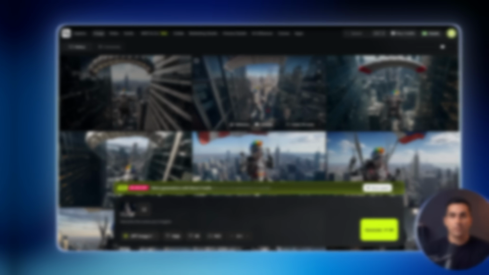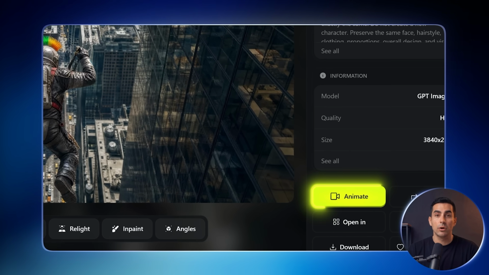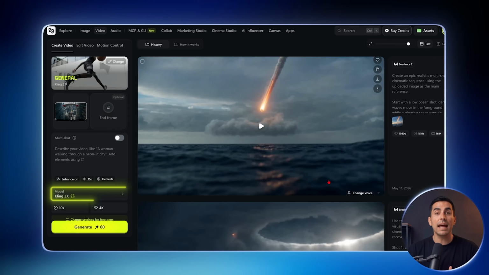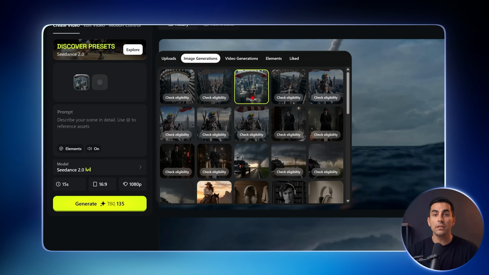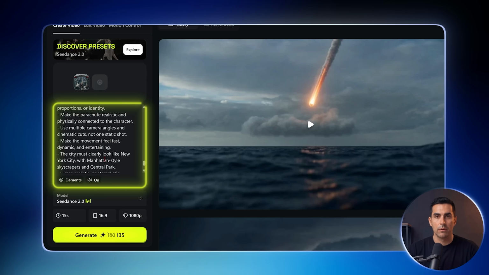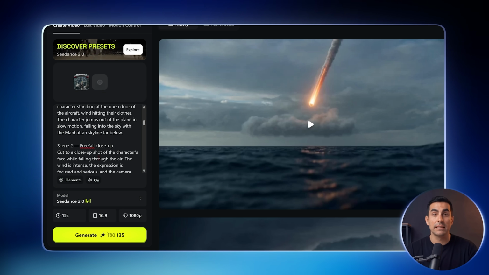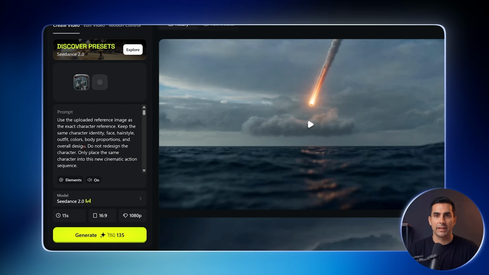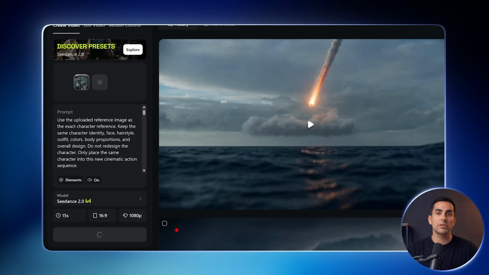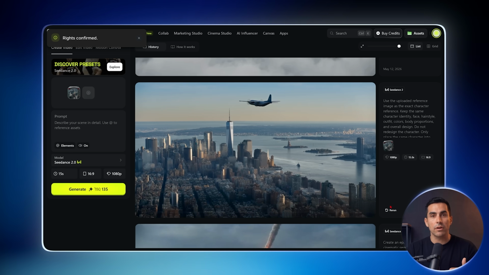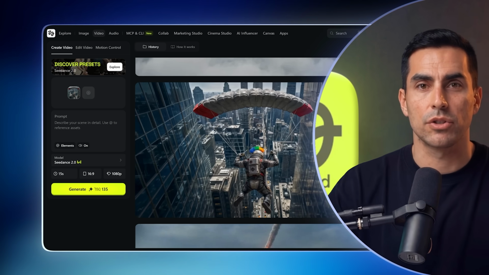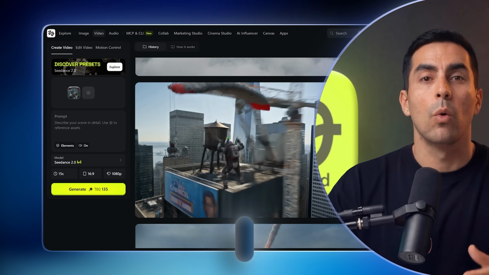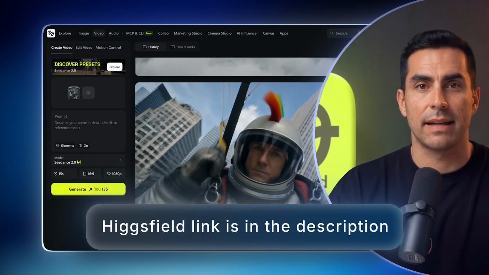But what matters most in this case is turning those images into video. So we're going to click one of the images we like and go to the Animate section. Here, we only have to choose the Scenes model, upload the image again, and add a prompt where we tell it all the scenes and camera changes we want inside the video. With this, we avoid having to generate several different images just to make the video more dynamic. The model itself is already able to take one base image and keep the same character doing different things, almost like a movie scene that would normally cost thousands of dollars to shoot. And we're doing it in one place, without having to pay for several different subscriptions at the same time.